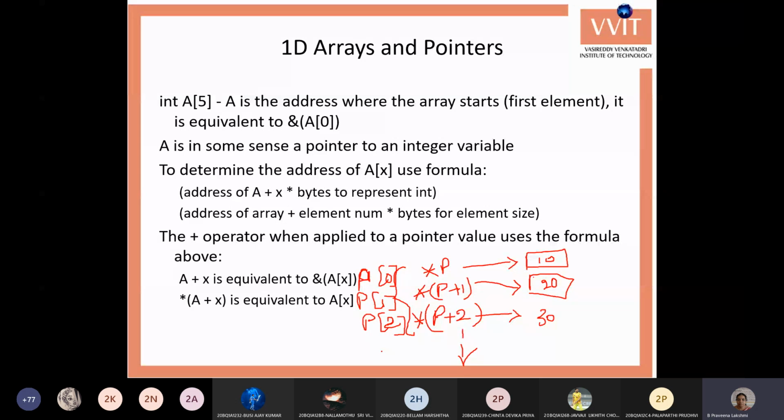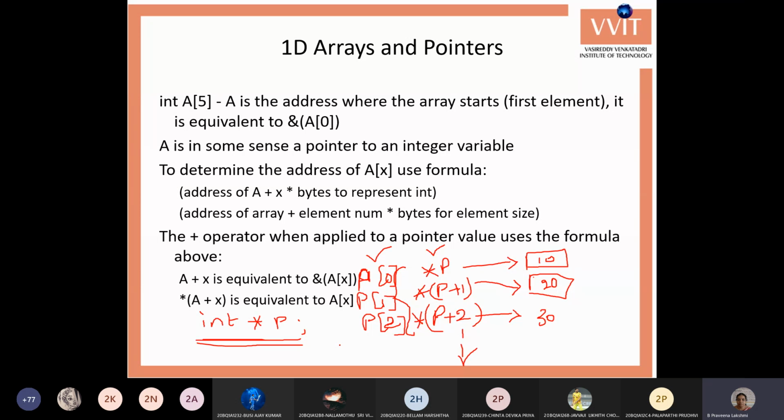But in both of these, if you want to use 1D arrays and pointers, you need to declare the variable as a pointer. While accessing the variable, you can use either array or pointer notation, but while declaring, you need to declare it as a pointer.